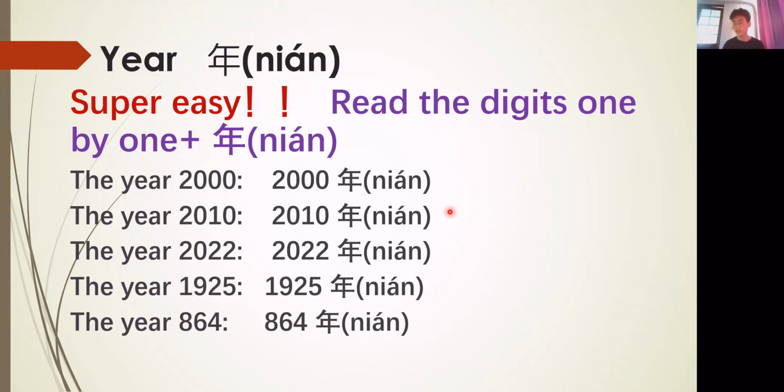So the same thing happens on the third year, right? 2022. In Chinese, 2022. So 2022年. So what about this one? Have a guess. This one, the year 1925, right? 1925. So in Chinese, just 1925, right? So in Chinese, it is